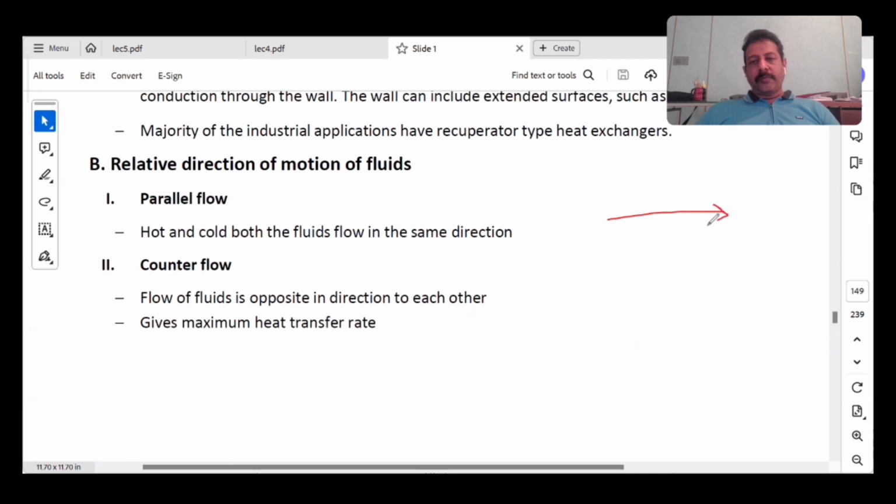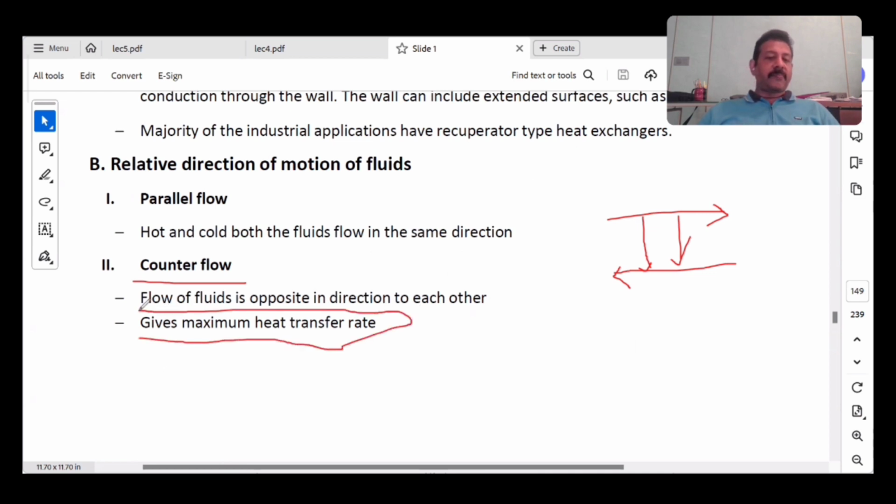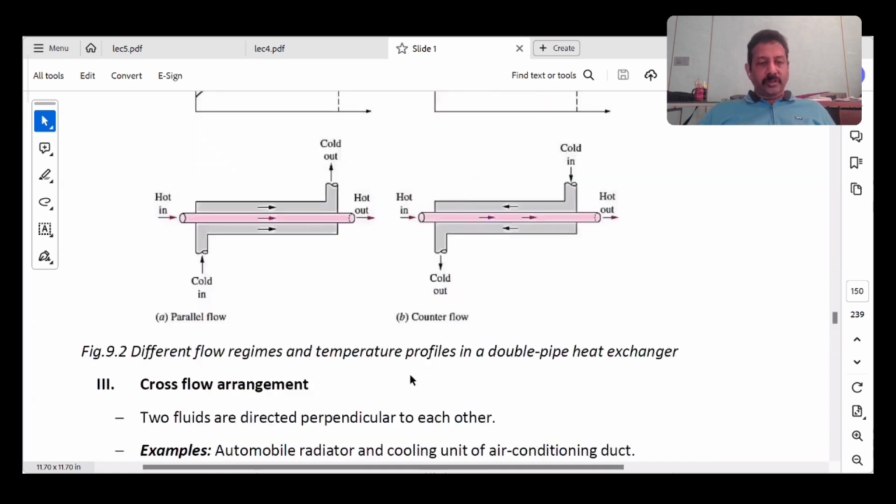This is the hot fluid and this is the direction of the cold fluid. Heat exchange will happen from the hot fluid to the cold fluid, right? This I call a counter current heat exchanger, when both the fluids are in opposite directions. But we can prove, maybe in the next few classes, that a counter flow heat exchanger will give maximum heat transfer rate compared to a parallel flow heat exchanger. Okay. There is another type that I'll call a cross flow heat exchanger.